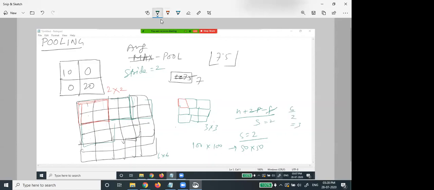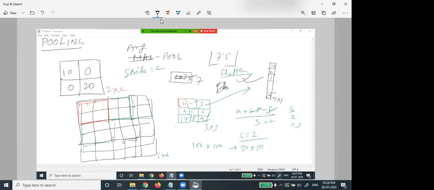And one more operation is called the flatten operation. Suppose I have 10, 2, 3, 4, 5, 6, 9, 8, 7. After this, we can flatten this layer. Flatten means, from this 3 cross 3, I am getting a 9 cross 1 array. So 10 will be here, then 2, then 3, and so on until this 9. This operation is called flatten.